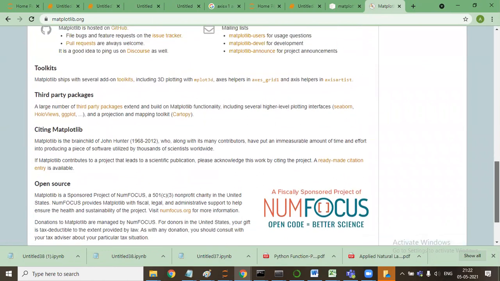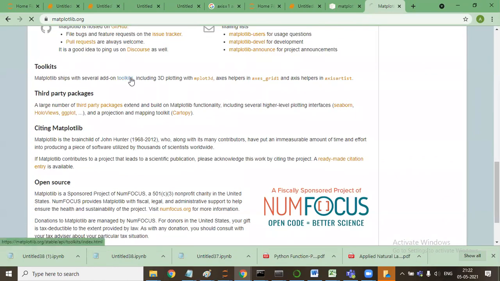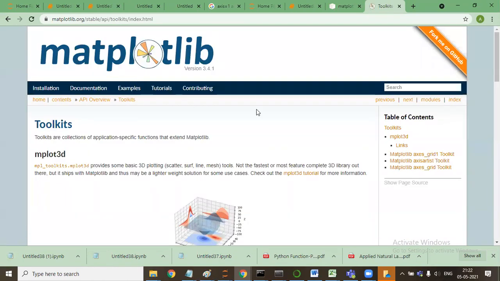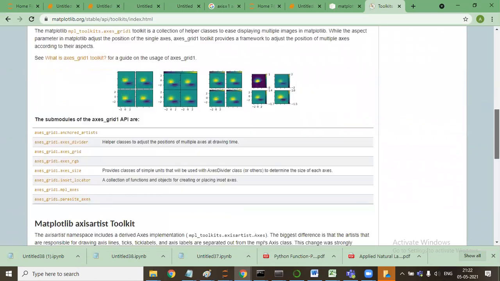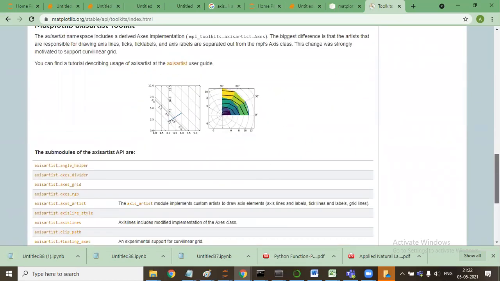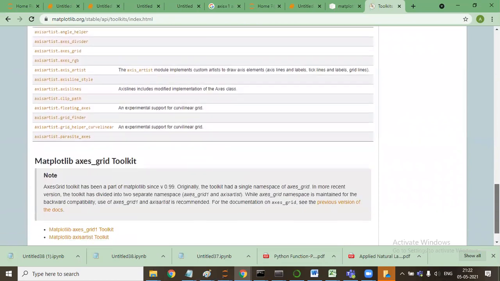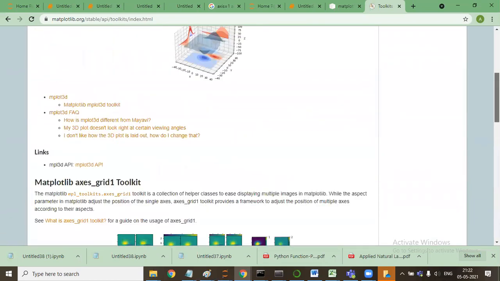Apart from this, it now has the 3D kind of function. What are the new functions that are coming, and what are the different things? You need to explore this site only.